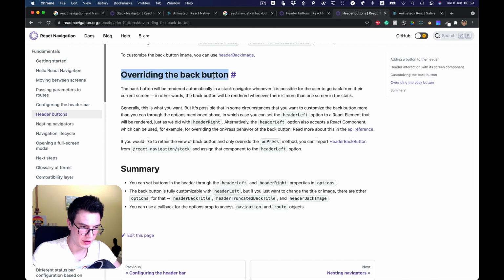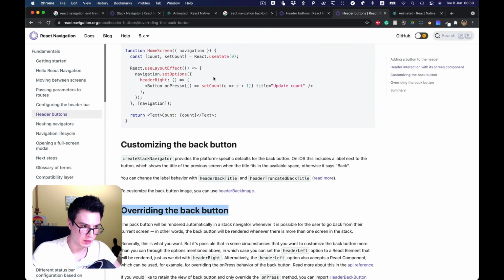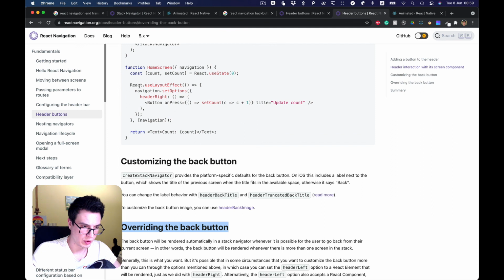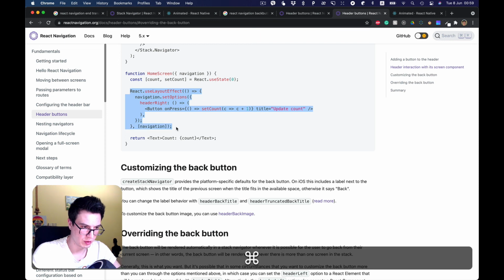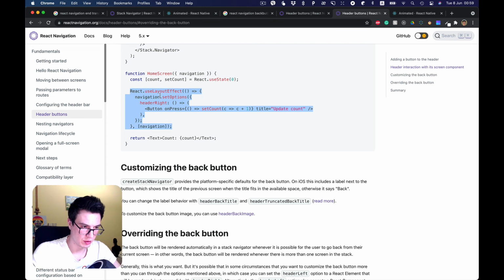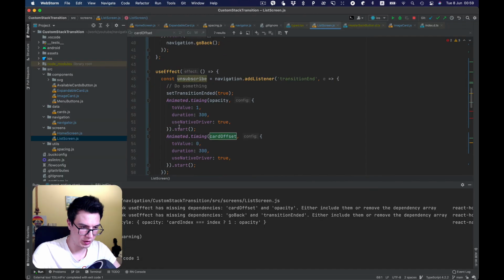So to do this, we can use this hook, use layout effect,